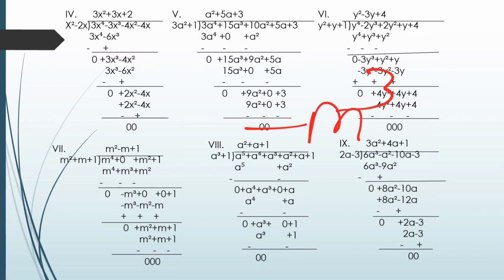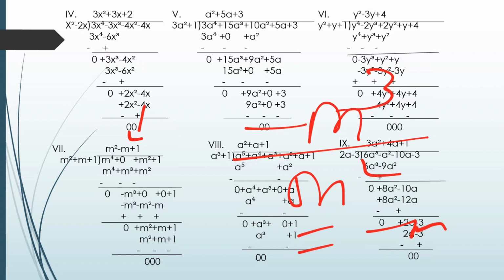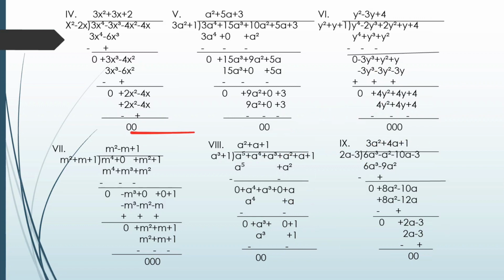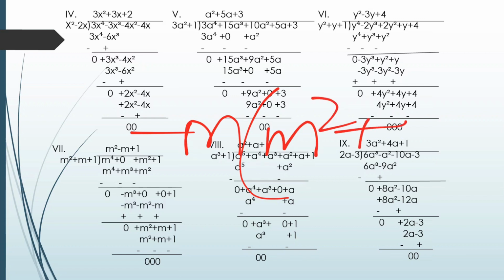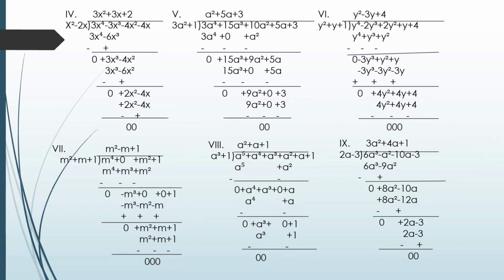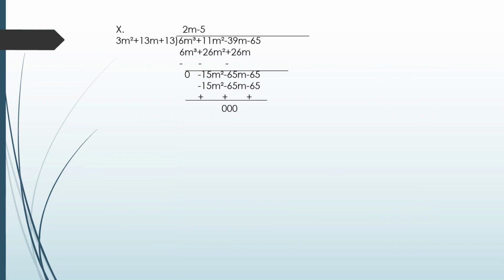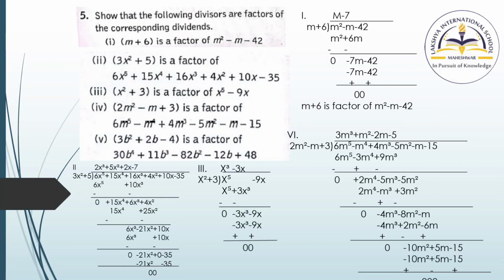Now again minus m cube by m square, you will get minus m. So here it is in the answer, minus m. Now you have to multiply minus m with m square plus m plus 1. Now you will get this value. Then you have to change the sign and solve them. This will be cancelled out. This will be the remaining term. Again you have to apply the same procedure, then you will get the remainder as 0. So in this procedure you have to solve all these questions. This exercise is completely on this long method.